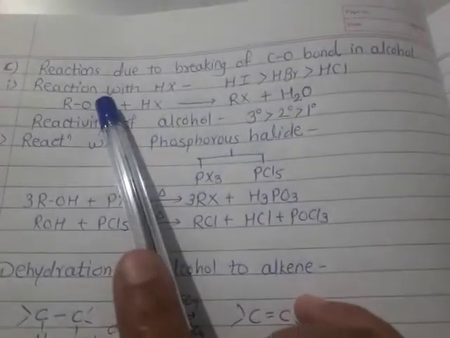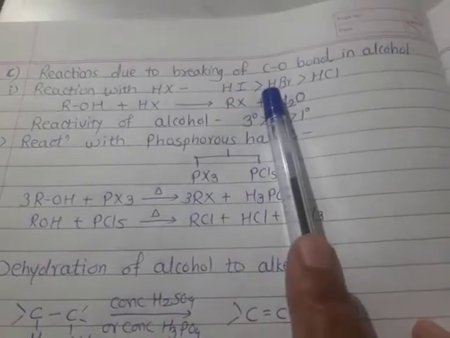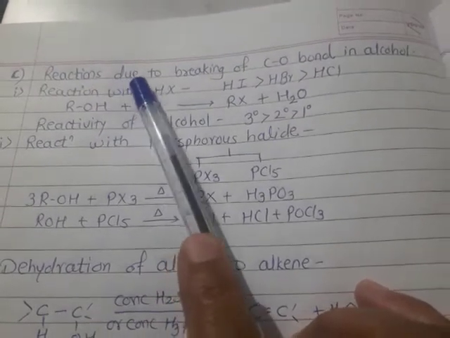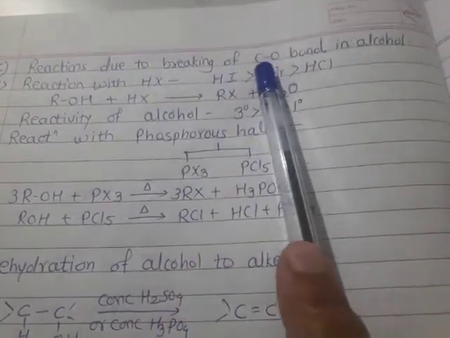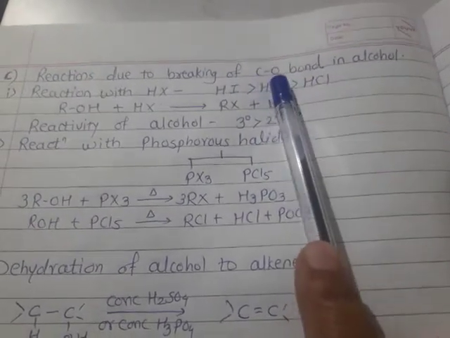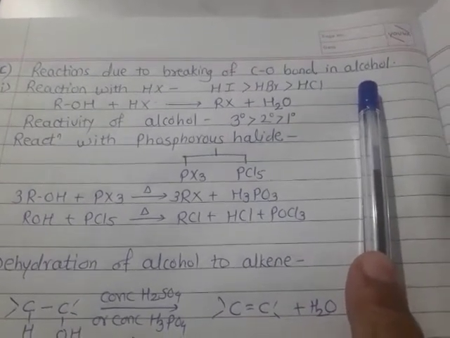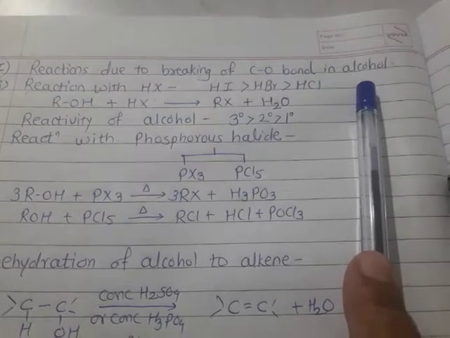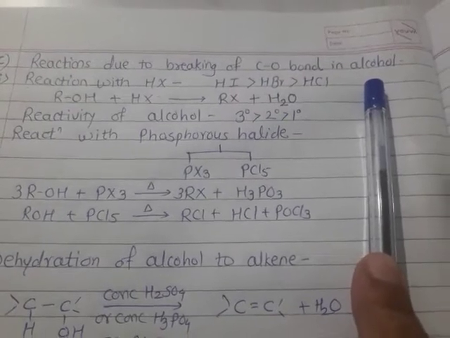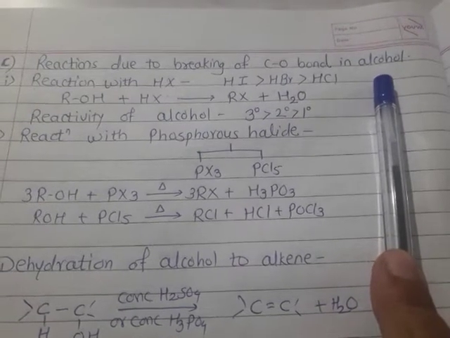Chalo, in the last lecture we discussed reactions of alcohol and phenol, where we have to break the bond between oxygen and hydrogen. Today, the next type of reaction, that is reaction due to breaking of the C-O bond in alcohol. Note, this C-O bond is broken only in alcohol and not in phenol. It is very difficult to separate the group attached to an sp2 hybridized carbon atom, which we discussed in halogen derivatives. So only alcohol shows this type of reaction.